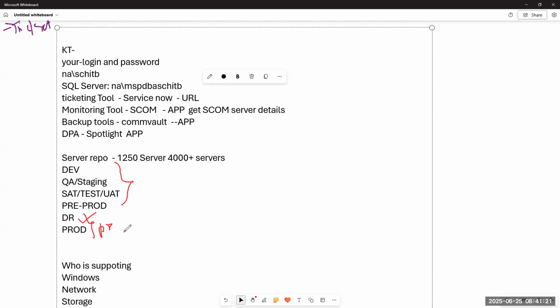Of course, nothing we can do. That is how DR is also production. Don't treat it like non-prod. Clear? There are only two environments: prod and non-prod. Under non-prod, you make dev, QA, UAT, SAT, and so on. That depends on your organization, sir.